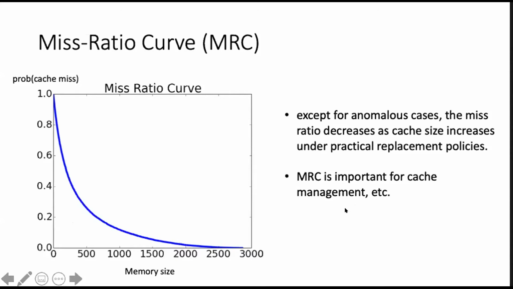They are not only useful for predicting cache performance for various cache sizes, but also helpful for automating cache management to balance the latency and the storage cost. For example, VOD services might need to store video contents on hierarchical structures. For example, the first layer will be SSDs, the second layer will be hard disks. To effectively determine the size of SSDs and HDDs, we need MRCs in this case.